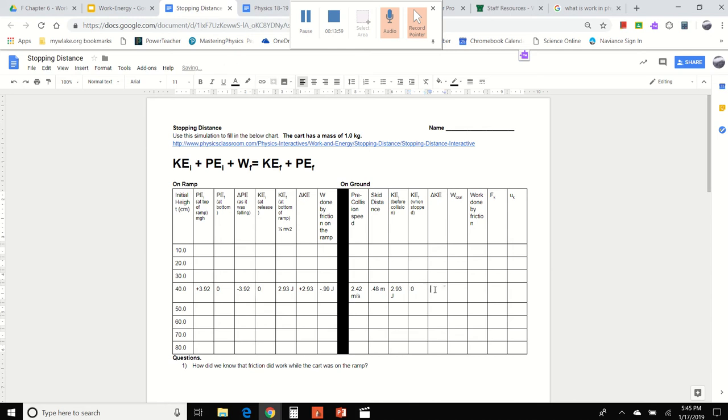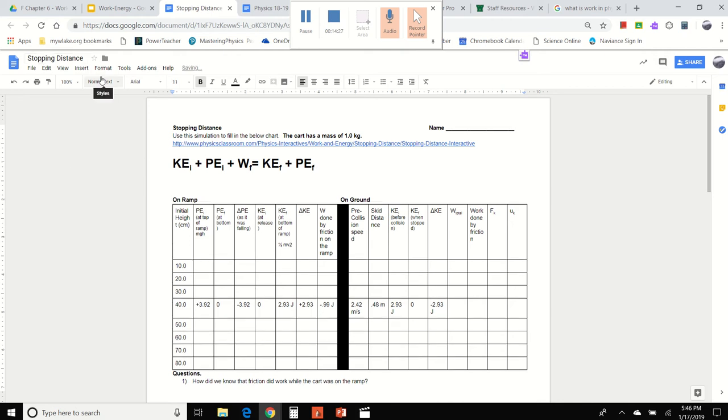It's 0. So again, what is our change? Change is always final minus initial. So while we're on flat ground, the change in kinetic energy this time was negative 2.93 joules. We lost 2.93 joules. Okay, so the work total is the change in kinetic energy. It's asking you the same thing. Remember, the work energy theorem said, in effect, that work is equal to a change